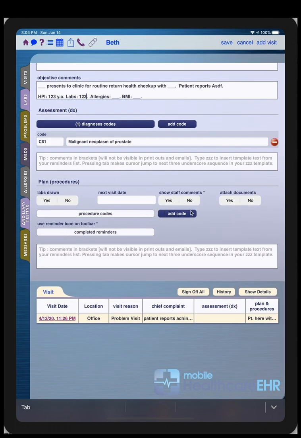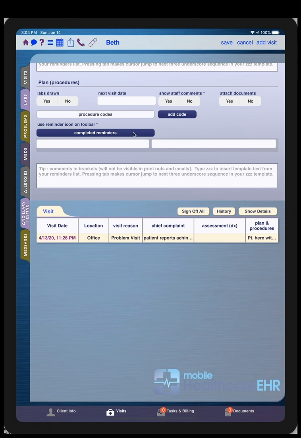It's the same with procedure codes. We have the entire procedure code database, and there's also a favorites list which you can edit to your own liking. We have a completed reminders feature here, which allows you to keep track of different canned items that were